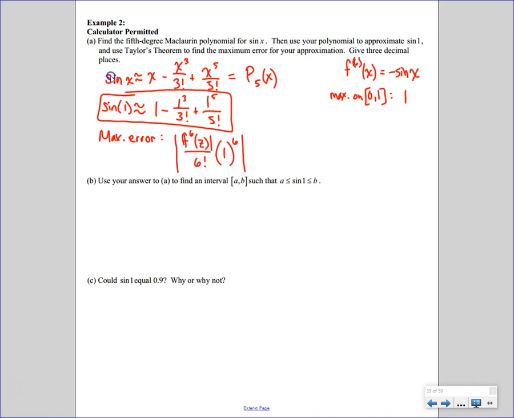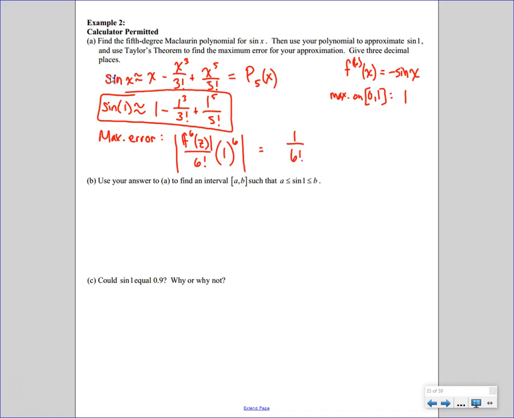Pi over 2 would be the z. We just want the maximum value of the sixth derivative. 1. So therefore, we can go ahead and plug in and say, okay, 1 over 6 factorial times